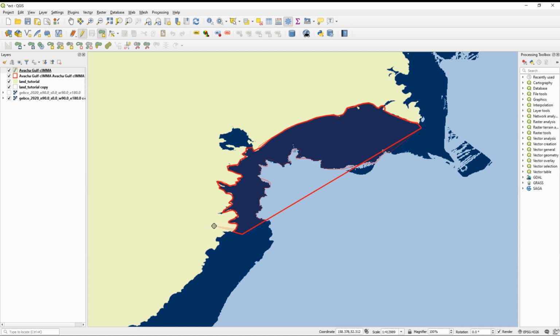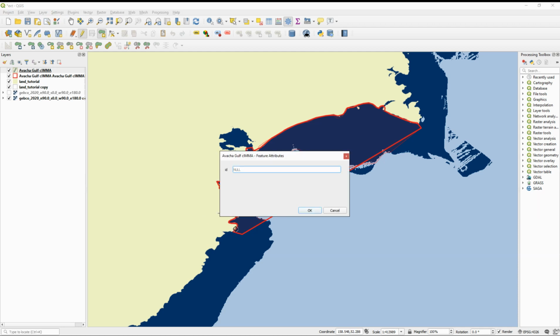And then when we are finished drawing our area, we simply click the right mouse button. And in this case, we want to know what this feature is called. I recommend calling it the same name. I'm going to call it the Avacha Gulf Sea IMA. And there we go. And we're going to give it an identification code.